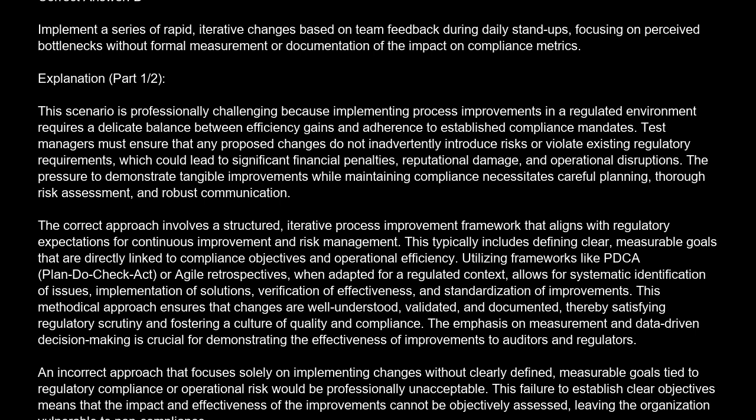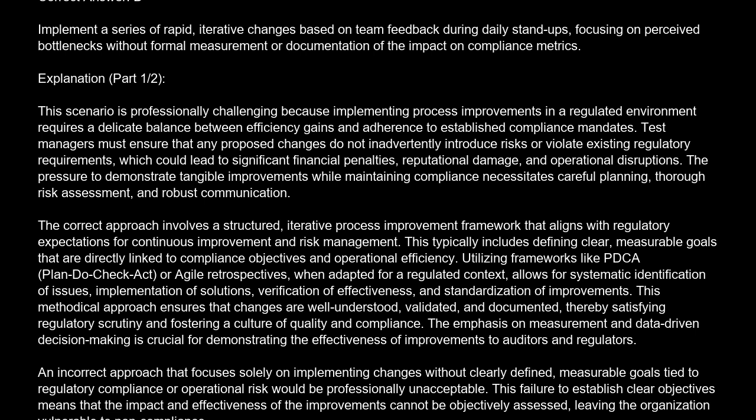This methodical approach ensures that changes are well understood, validated, and documented, thereby satisfying regulatory scrutiny and fostering a culture of quality and compliance. The emphasis on measurement and data-driven decision-making is crucial for demonstrating the effectiveness of improvements to